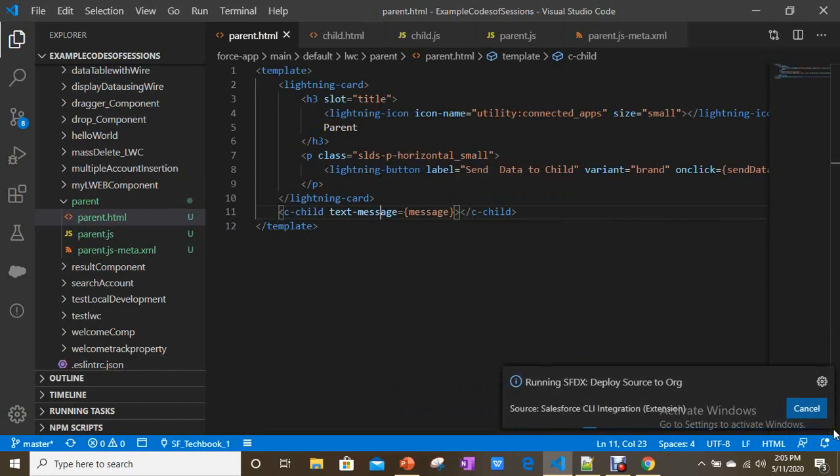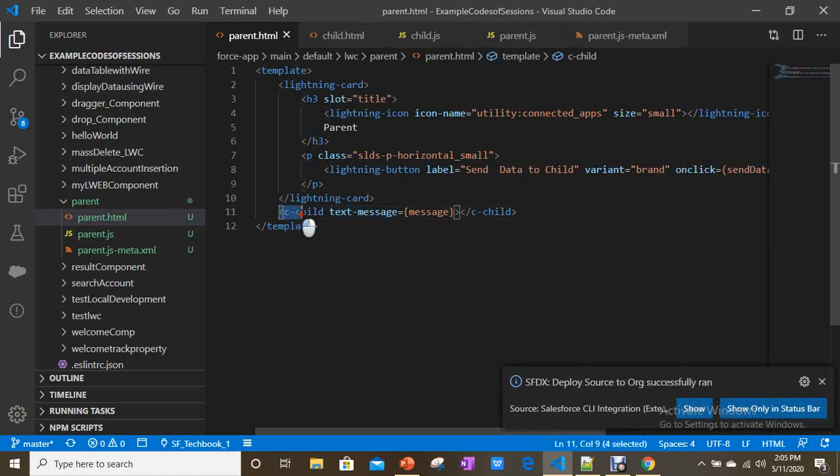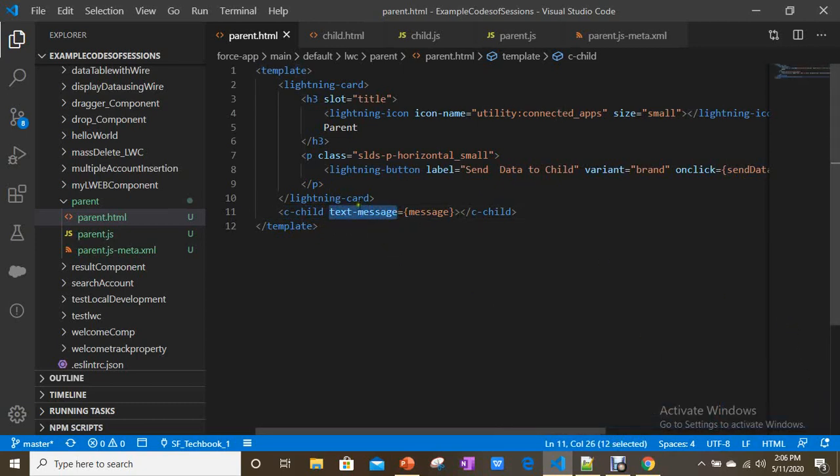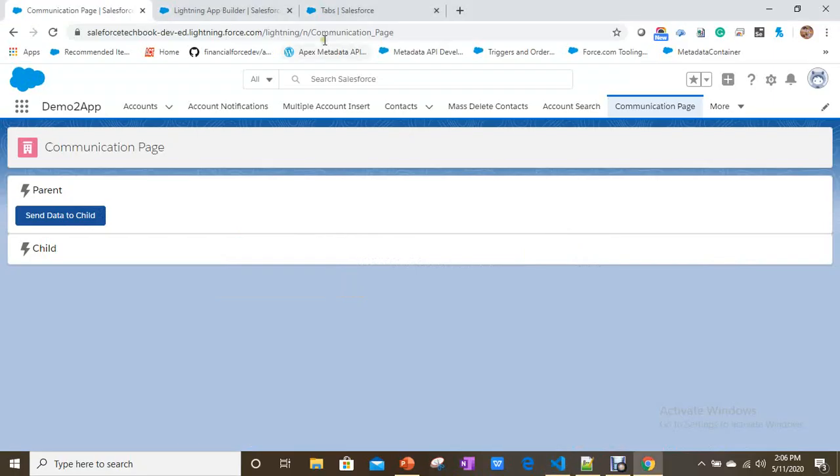Now when you click on this button, Send Data to Child, it assigns a value to message. This message we are passing to an attribute of the child component using kebab case. So text-message is a public property on the child component.